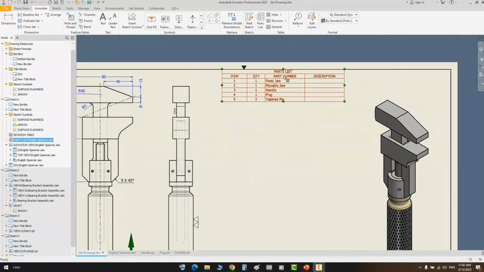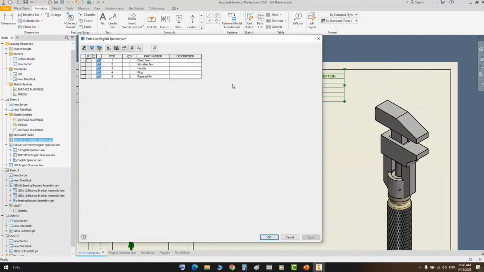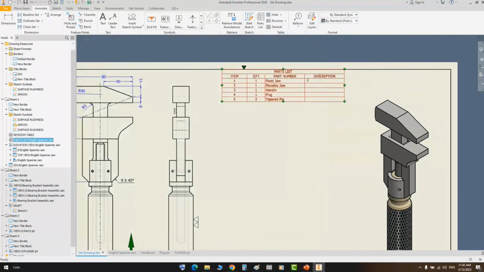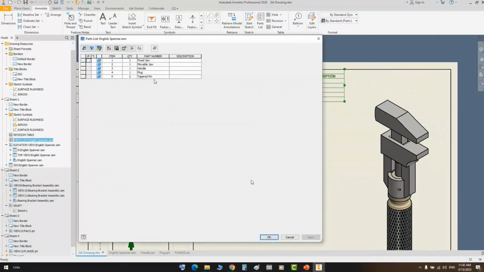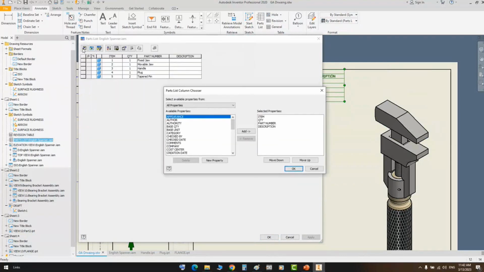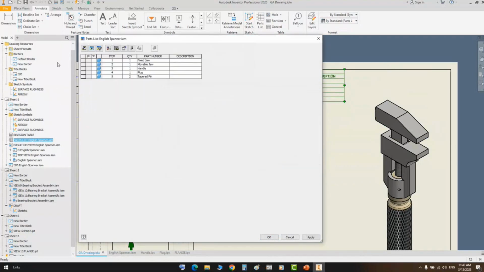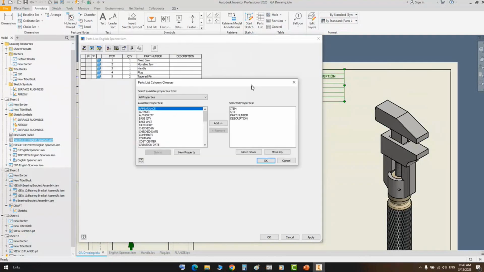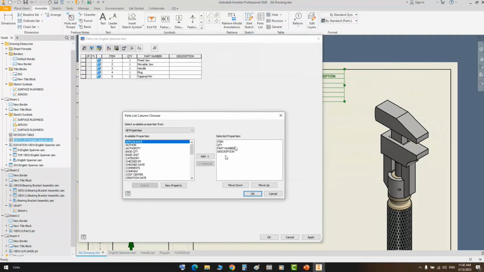If you are using this part list, automatically you can make a modification here by double-clicking on the bill of material form like that. And after that, you will get this form from the part custom, which is the column choicer. So you can increase the number of columns and modify the columns. From description, let's remove the description, and from here,